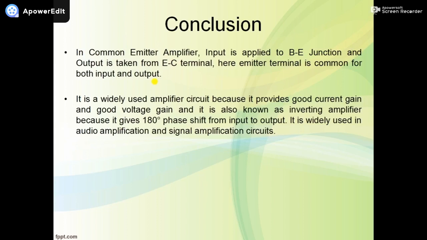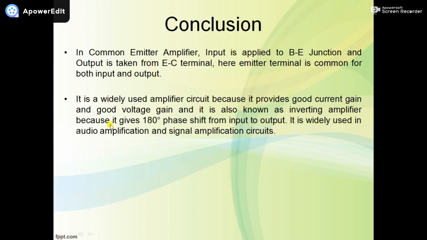And according to the observation table, we applied Vin equal to 50 millivolt. That means in terms of millivolt we applied, and after the amplification, the output voltage we are getting in terms of volt. That means 1 volt, 2 volt, 2.2 volt, 3 volt, like that. It means the 2 volt is higher than the input voltage. The input voltage was in terms of millivolt. With the help of this amplifier circuit, we increased the voltage from millivolt to volt.